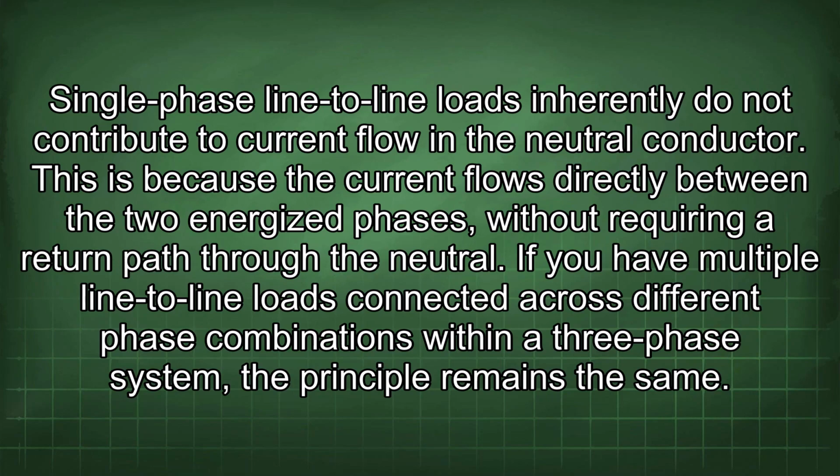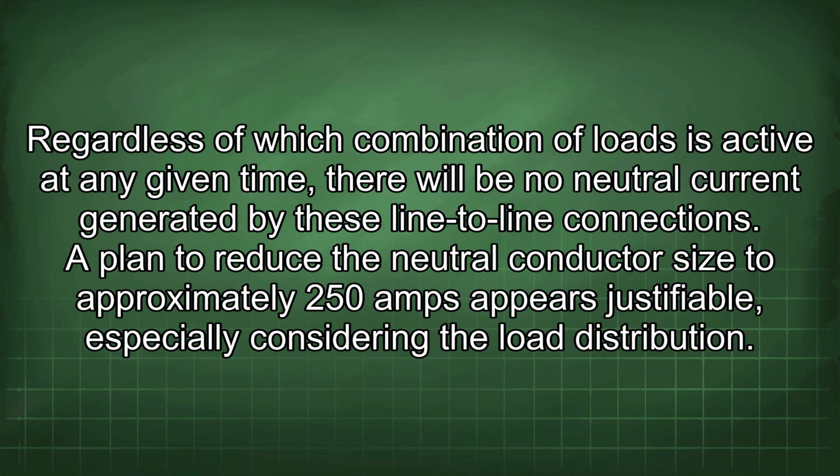Single-phase line-to-line loads inherently do not contribute to current flow in the neutral conductor. This is because the current flows directly between the two energized phases without requiring a return path through the neutral. If you have multiple line-to-line loads connected across different phase combinations within a three-phase system, the principle remains the same. Regardless of which combination of loads is active at any given time, there will be no neutral current generated by